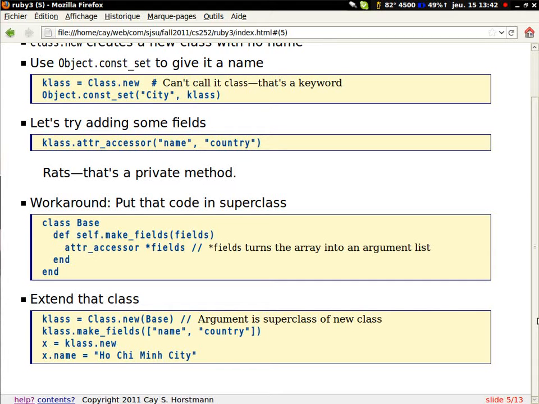Because I'm not allowed to call after accessor. It's a private method. But I can define it in a superclass, then I can extend that superclass. It's a private method of the class, and so I can call it inside here because inside here I'm operating on a class object.